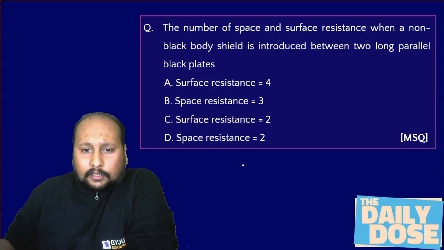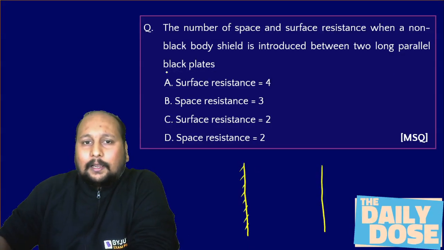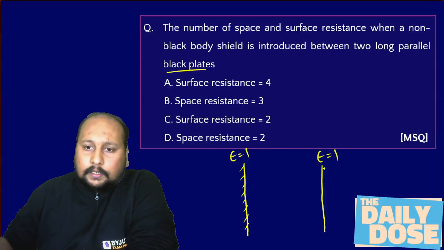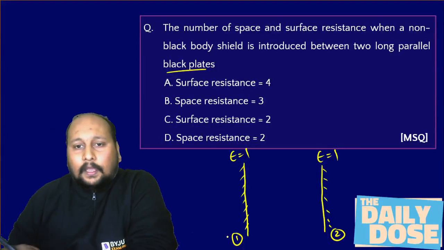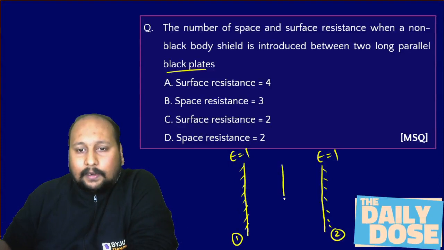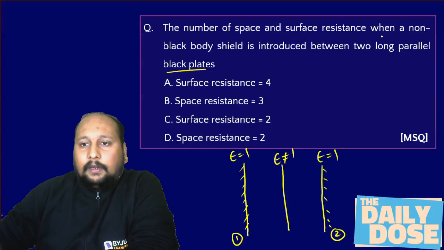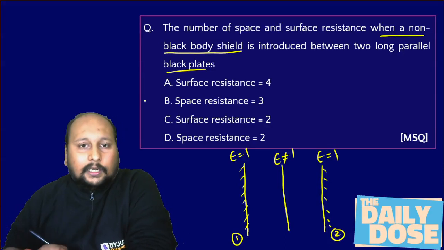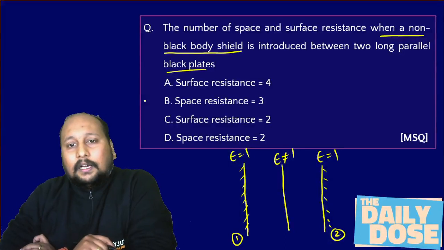So if I draw the diagram, there are two long parallel plates, right? And they are saying these are black plates. So your emissivity for the two plates will be equal to 1. This is plate number 1 and plate number 2, right? And they will have this emissivity because these two are black plates. In between this, I'm inserting a shield which is a non-black body. In between this, a non-black body shield is introduced. So the question is, how many surface and how many space resistances will be present in this